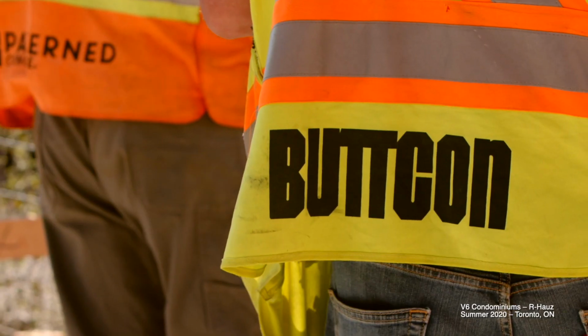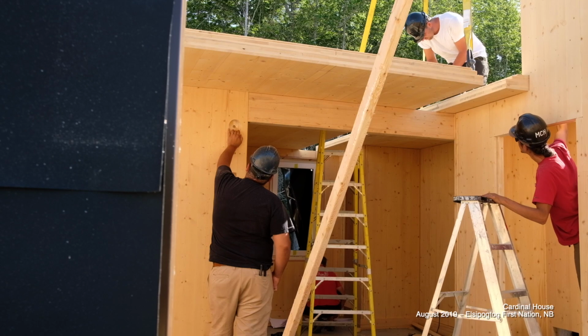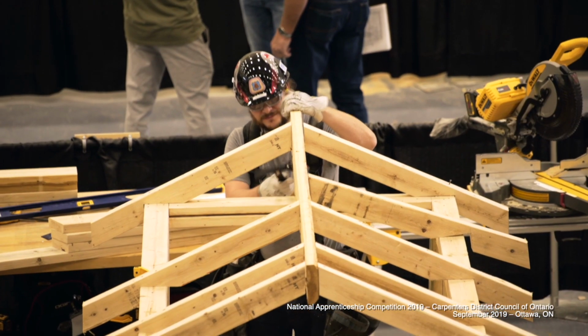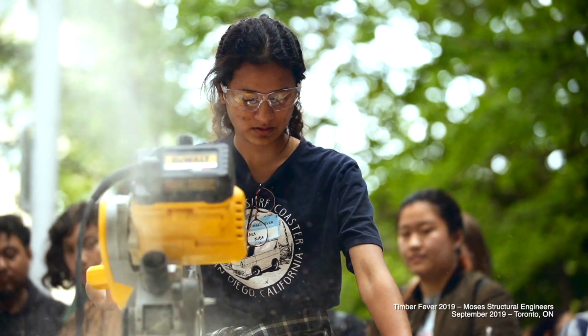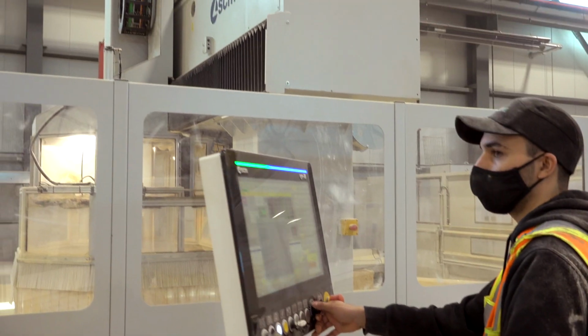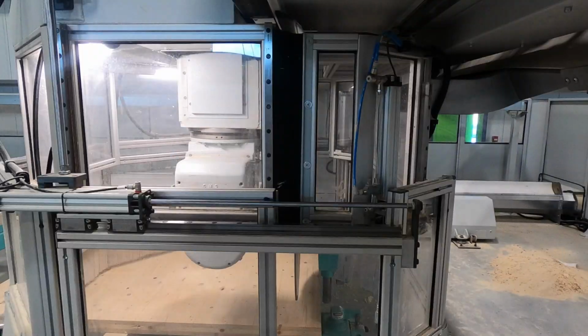The entryway into mass timber is just finding your first job with it. Because you get trained on site, it's really easy to get picked up on other crews, because once you've got some of the training and you understand how it works, you're a much more valuable asset to any company that's working within mass timber. I think it's exciting to be part of something that everyone's kind of watching as it's